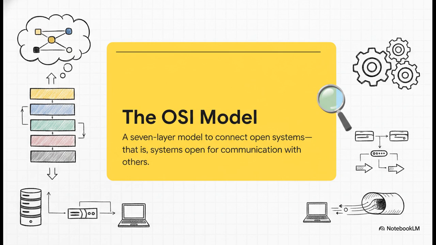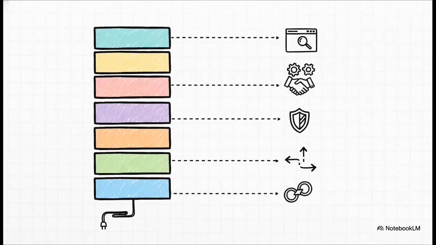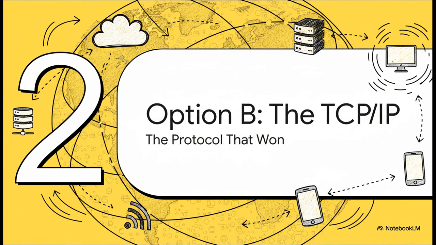It takes every possible network function and neatly separates it into its own logical layer. And it does this by breaking down the huge complexity of network communication into these 7 distinct, manageable layers. Every layer has a super-specific, well-defined job, from the raw bits flying across a wire at the physical layer, all the way up to the application layer that your web browser is talking to. Okay, so that's the theory.